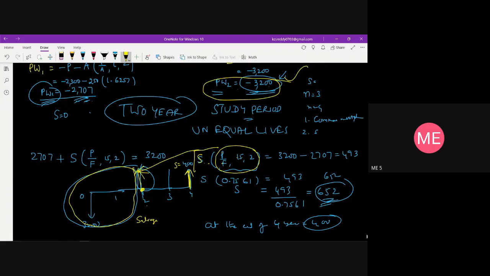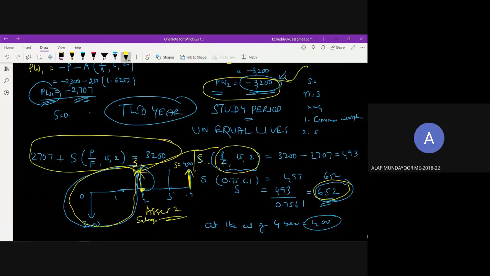So at the end of the second year, what is the salvage value for asset 2? For asset 2, we are going to calculate for the end of the second year, and I am getting 652. At the end of the third year it will be lesser than this, and at the end of the fourth year, I know that it is 400. So that is how we have to calculate, because the salvage value is nothing but the useful life of the service or asset. So when I am assuming that it is a 2-year study period, at the end of 2 years, what is the useful life of that particular asset? So we need to calculate it this way.